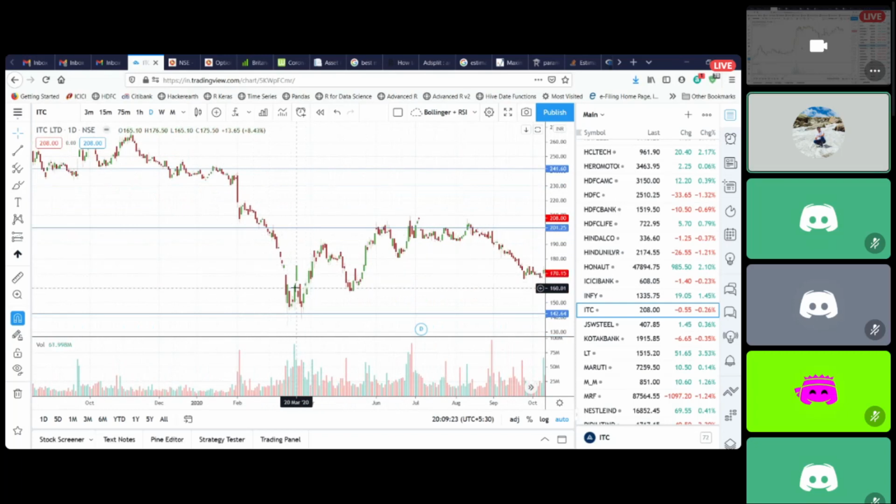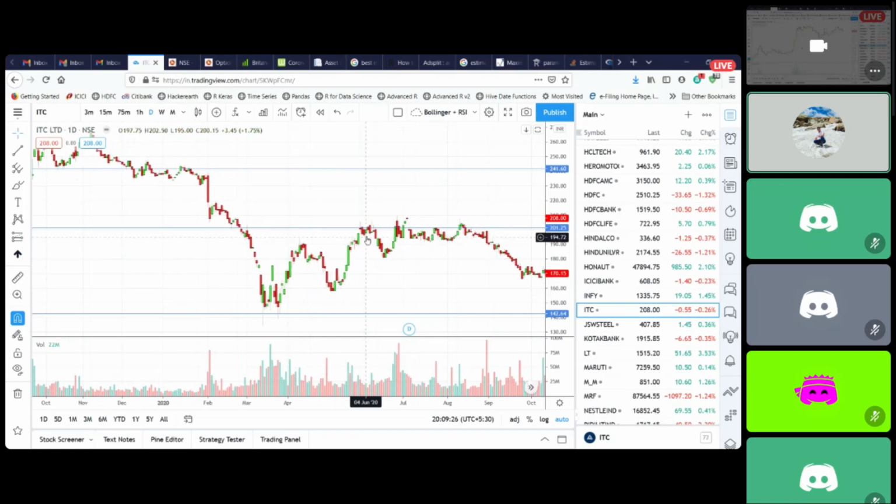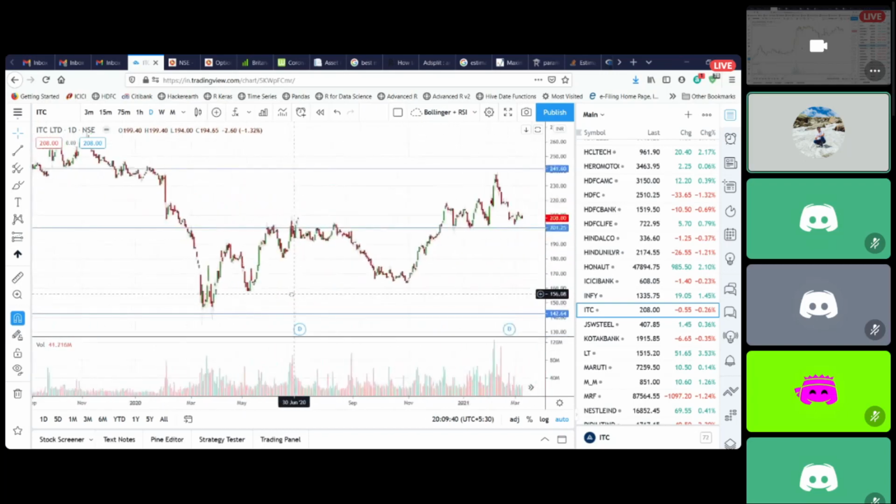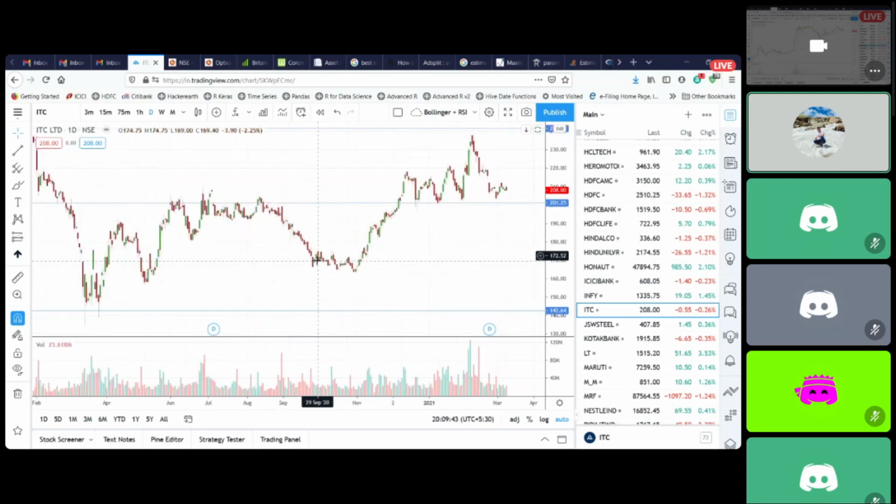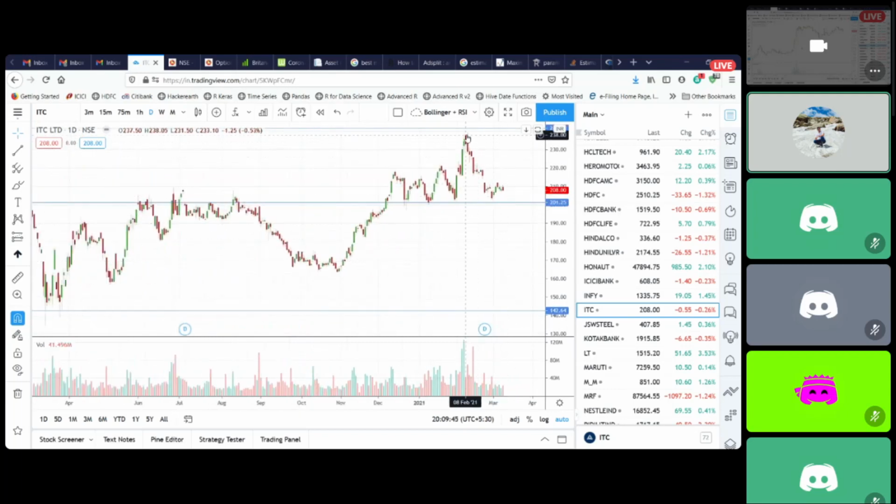So if you were to go long here at 160, your immediate booking would have been at 200, because 200 was my previous support zone. So first booking point at 200, second booking point at this region, these big candle tops at 237. Now it turns out that ITC took a significantly long time to reach there, but it finally did. So if someone were to really take this trade in ITC, the first booking at 200 would have been done immediately. The second booking would have happened here in February itself when it hit 237, 238.